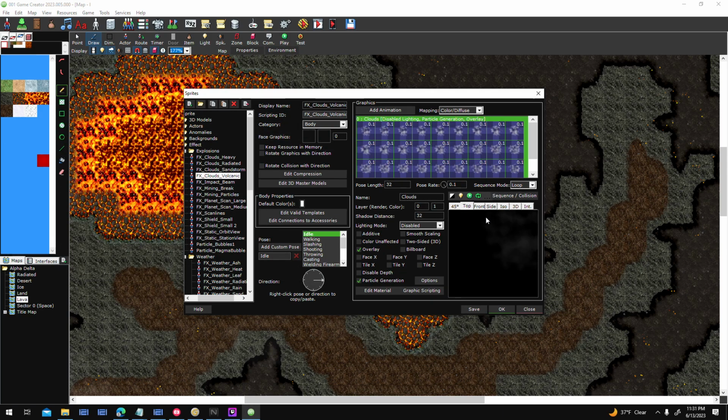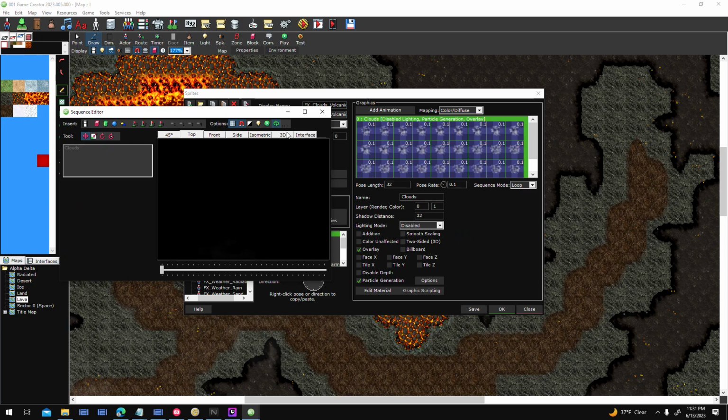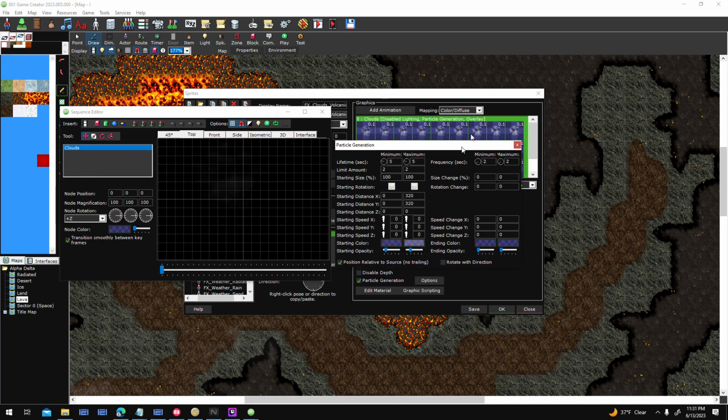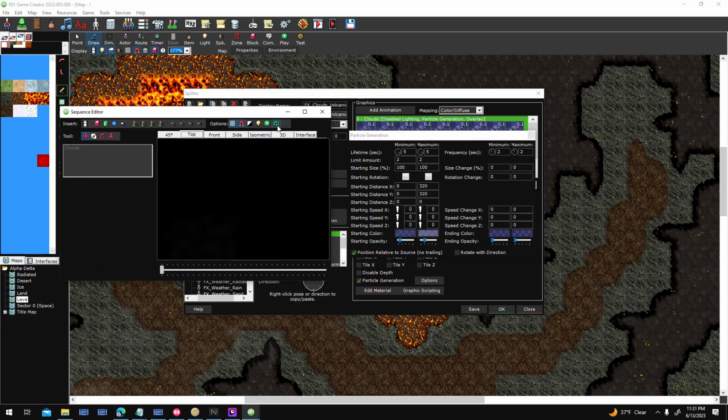And then I did the volcanic smoke using particles. So these just spawn. It's hard to see it because it only spawns a couple at a time. It'll spawn a maximum of 2, so every time you play it, you'll see the clouds appear in a different spot. You'll see it starting over here now, and it's starting up here now. And that's because I've actually set the starting distance to the size of the cloud graphic, so it'll just position these clouds all over the place. But if there's a limit to the amount, it'll only spawn 2 at a time. And since I'm using it